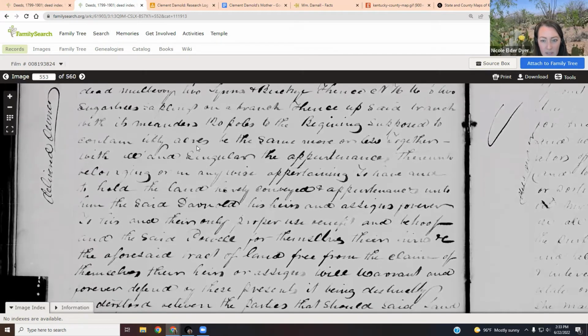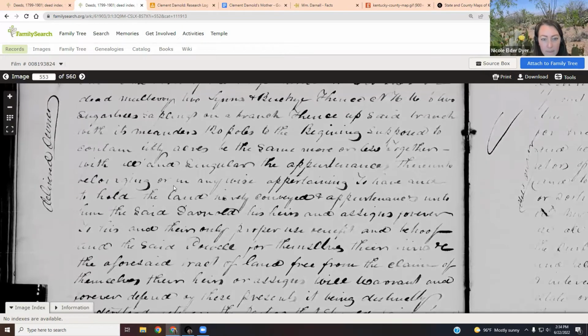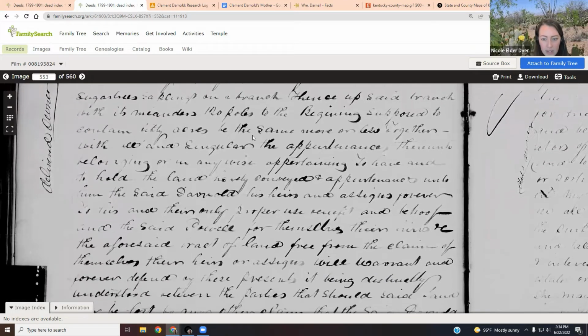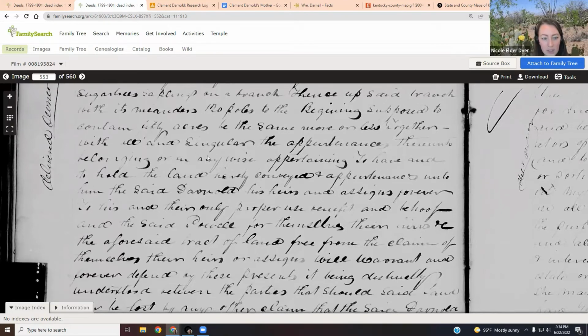Contain 50 acres of the same, more or less together. I didn't see any names of neighbors. Yeah, I'm not seeing anything. Just kind of the trees. Containing 50 acres of the same, more or less together, with all in singular the appurtenances thereunto belonging, or in